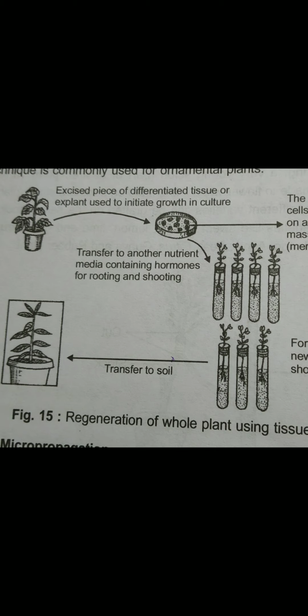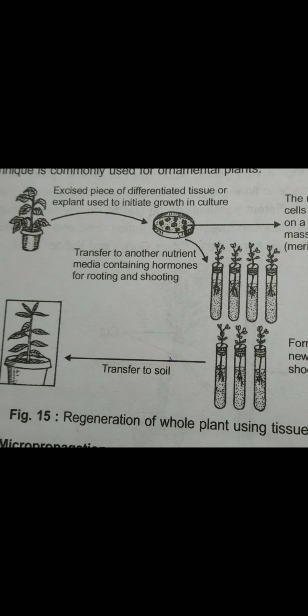Secondly, it also helps in crop improvement by producing disease free plants. That is very important. अगर कोई भी plant है उसमें disease लग गए हैं, ठीक है, वो डिजीज्ड है, तो उसको ना तो वेजिटेटिव मेथड से ना सेक्सुअल मेथड से किसी भी तरीके से उसको हम propagate नहीं कर सकते, reproduce नहीं कर सकते. तो with the help of tissue culture technique, we can easily obtain the same genetically similar plants from this technique. So these are the two main advantages of tissue culture technique or micropropagation.